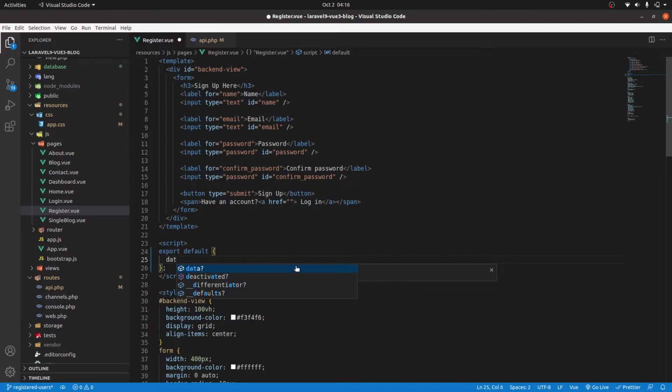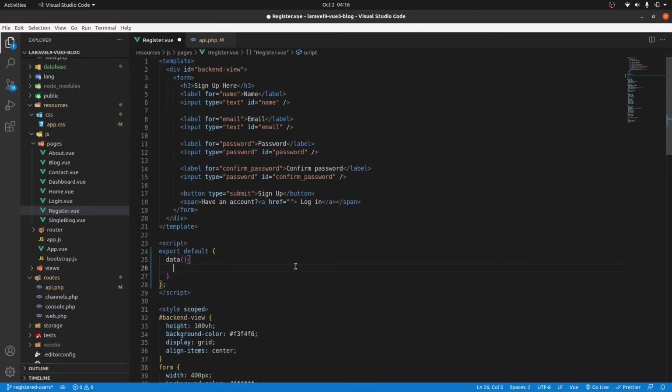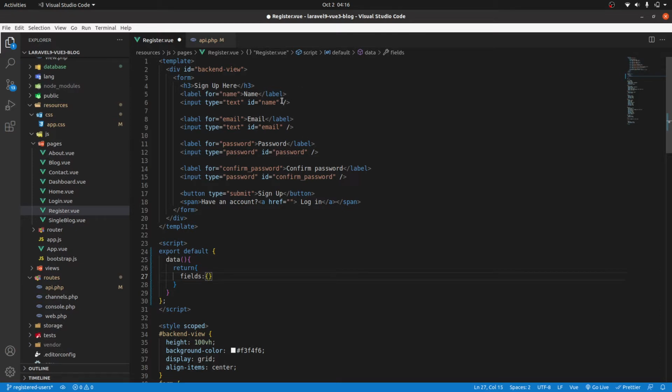So here I'll come and say data. Then I'll return an object. And in here I'm going to say fields, and it will be empty by default. Then up here I'm going to say fields.name. Sorry, not fields. Let me cut this. Should be inside a v-model. So v-model